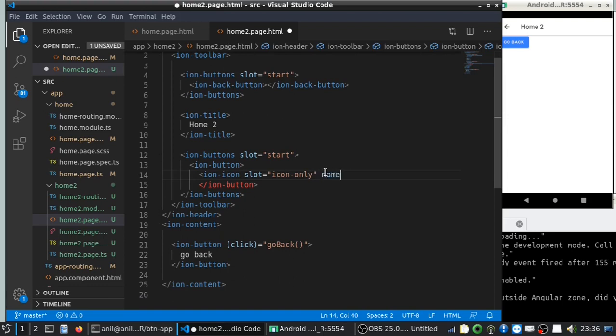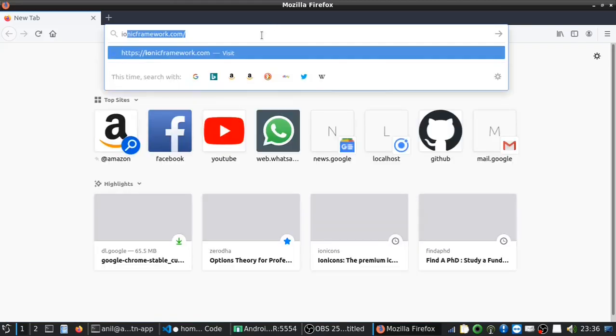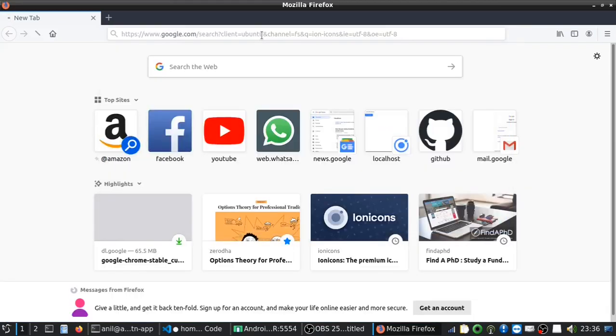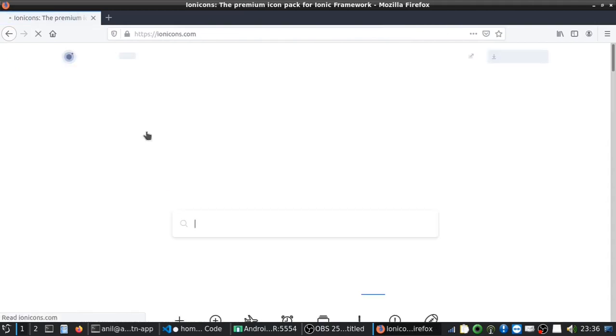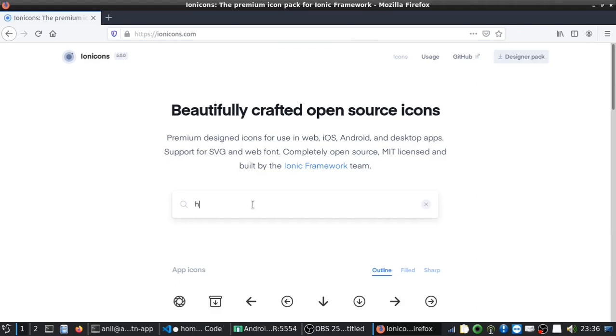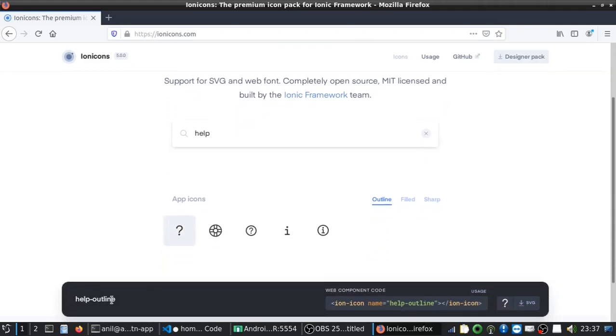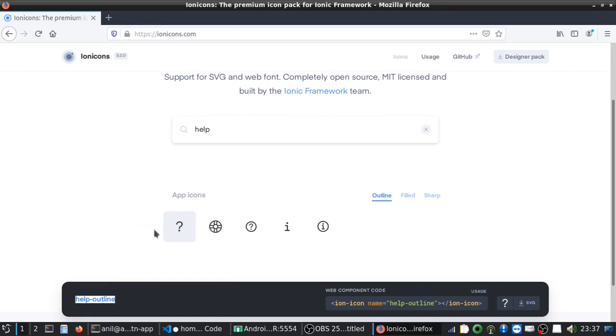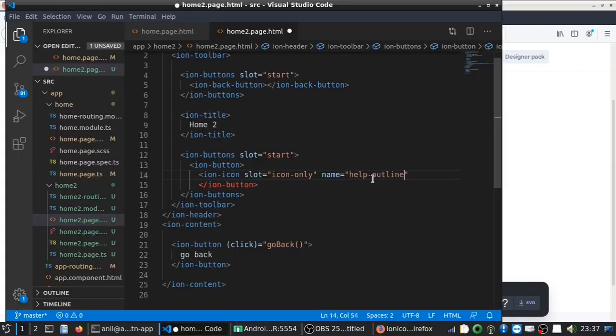So for the name, let me go to Ionicons and take a help icon. I'll take this help outline. We take this and close the component,